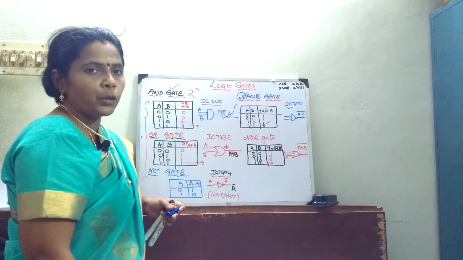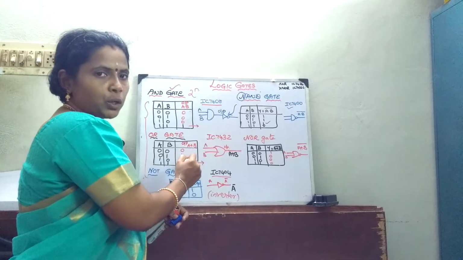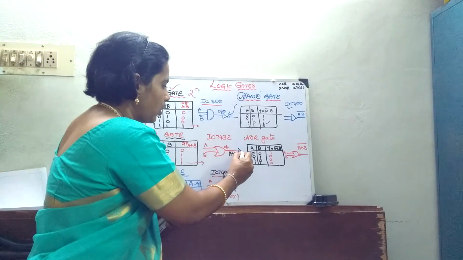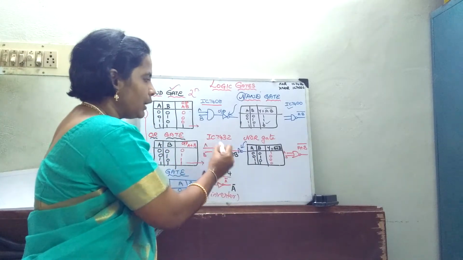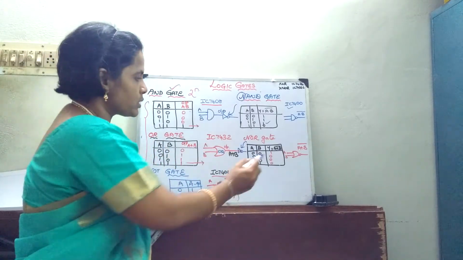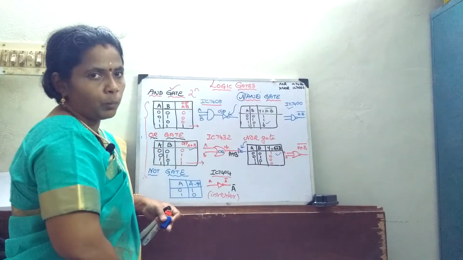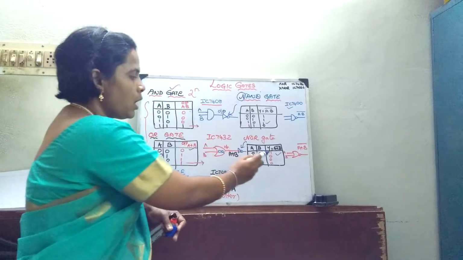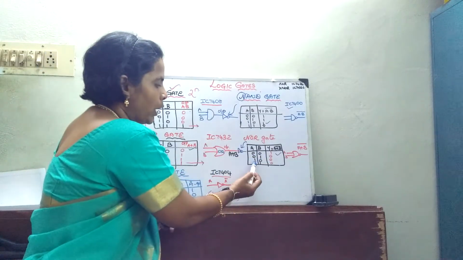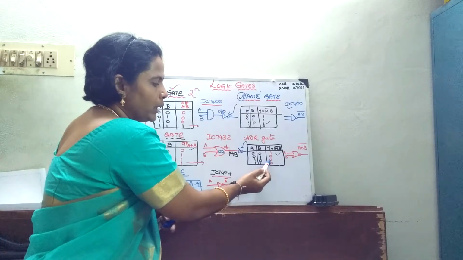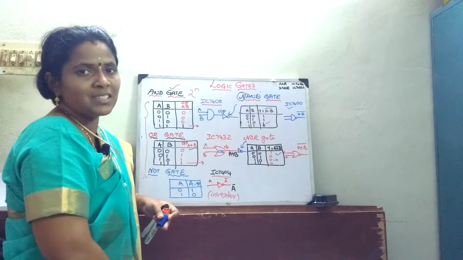Now we will move on to your NOR gate. NOR gate just does the inversion of your OR gate. So if I put a NOT gate here, OR gate plus NOT gate will give you my NOR gate. If you look at the expression, it is A plus B, whereas here it is A plus B the whole bar, and the values are 0, 1, 1, 1, 1, 0, 0, 0. Here also you can check any condition. 1 plus 0 is 1 and the inversion of 1 is 0. Thus the truth table is verified.